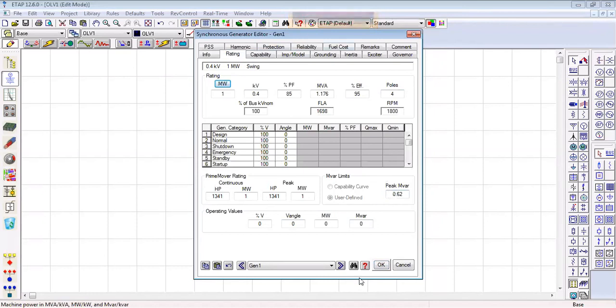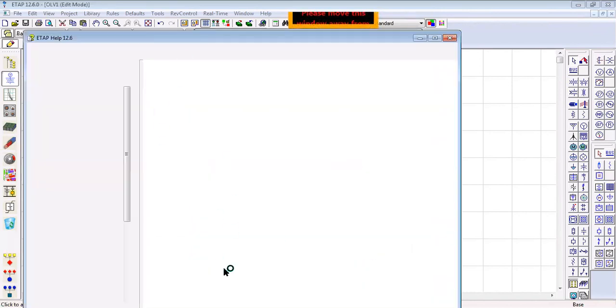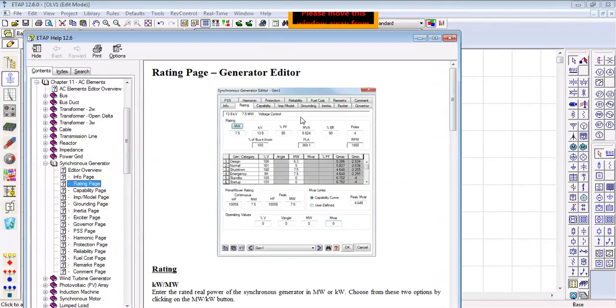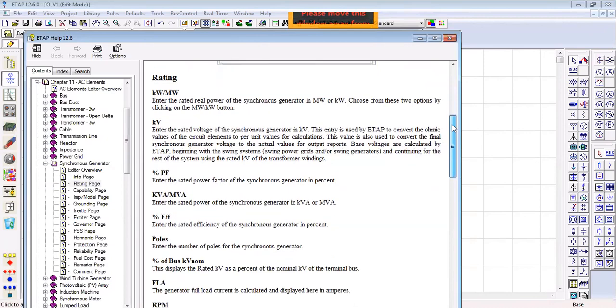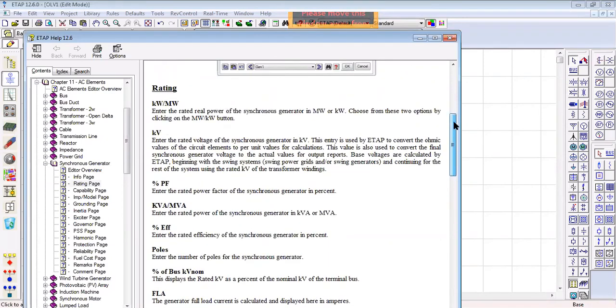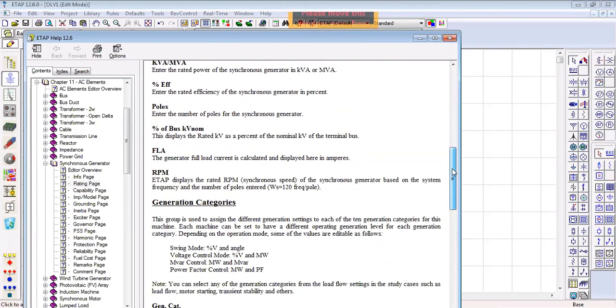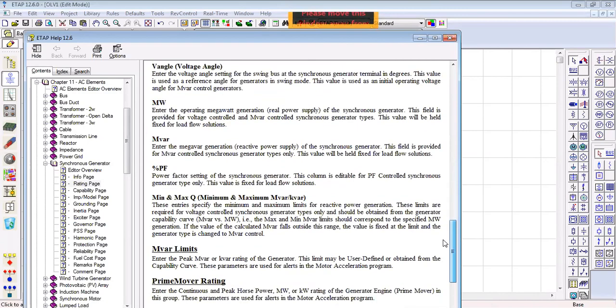Yes. And one thing more, see here the question mark, this red question mark. If many times you don't know what to do here, just press this and it opens the help window about the ETAP or that particular screen. Whatever is on your screen, the help window regarding it will open, and it gives you all the information. Okay, each and every piece of information is there, like megawatt, enter the rated real power of the synchronous generator, or kilovolts, or power factor, like this. So every information regarding that screen will be there with you.